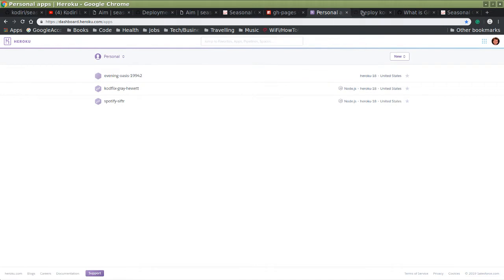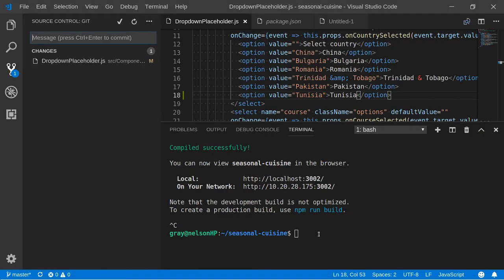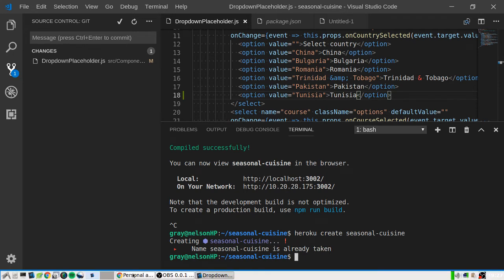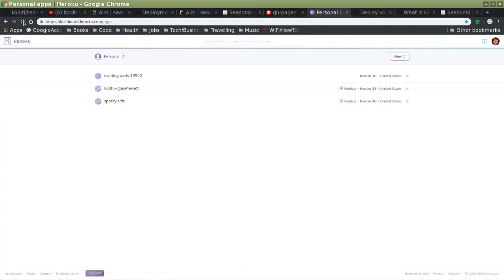So instead, I'm going to run the Heroku create command again, and this time give it the name of my app that I want to use. So we could do seasonal cuisine. Now that's creating seasonal cuisine, which is a lot more useful. And if we go back to our Heroku dashboard,